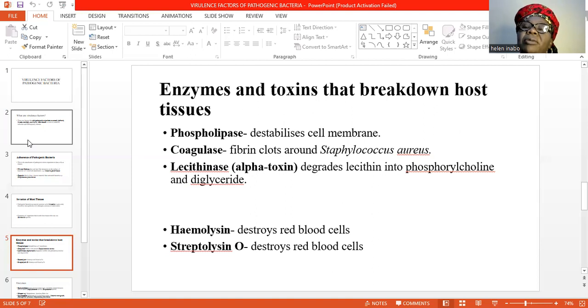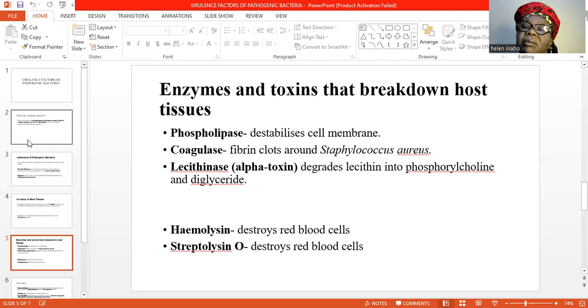Coagulase is an important non-structural virulence factor used by Staphylococcus aureus. In fact, it is responsible for its pathogenicity. Coagulase is known to convert soluble fibrinogen to insoluble fibrin,